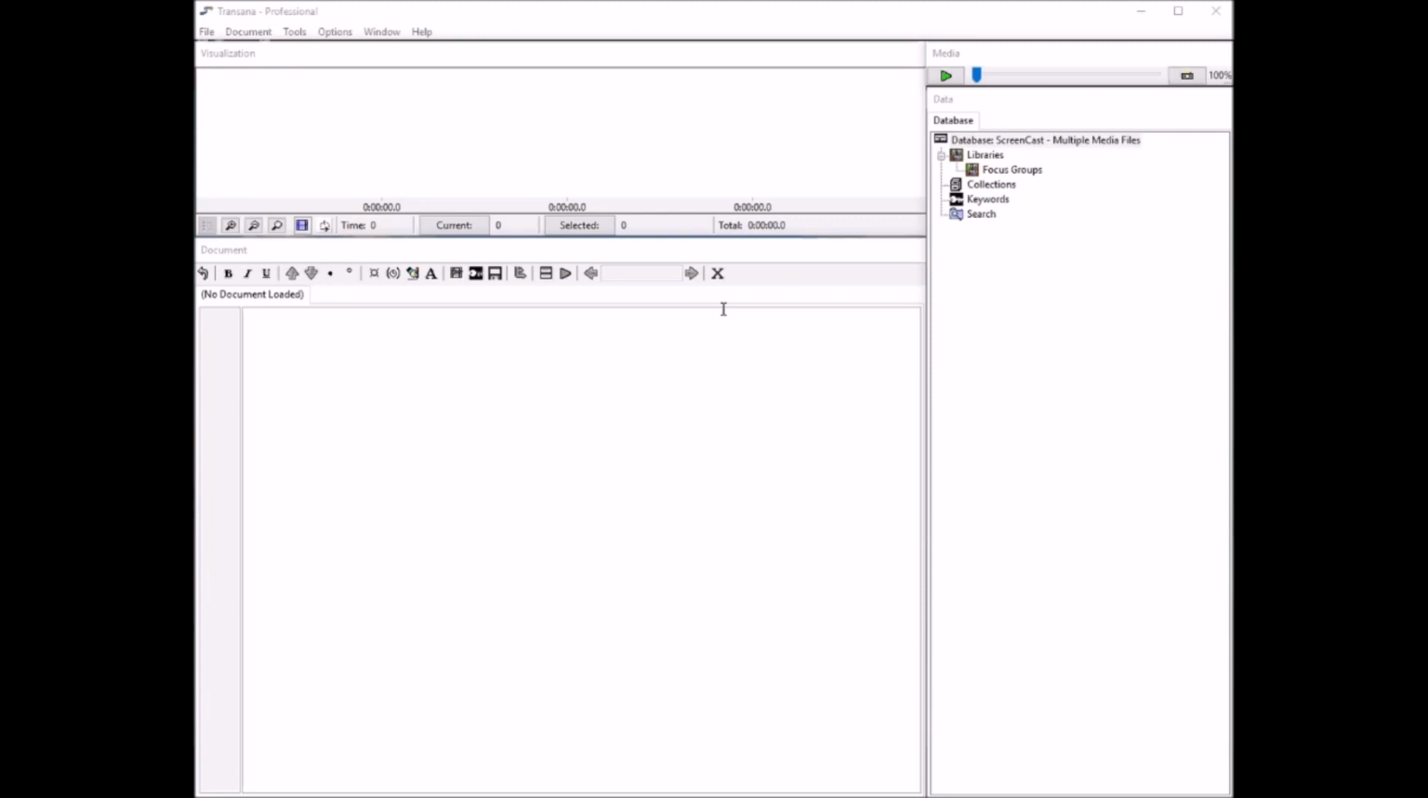Welcome to the screencast on adding multiple simultaneous media files to Transana. This is an advanced topic, and we assume you are already familiar with the process of adding a single video file to Transana. Before you begin the process of importing your media files into Transana, you need to prepare the